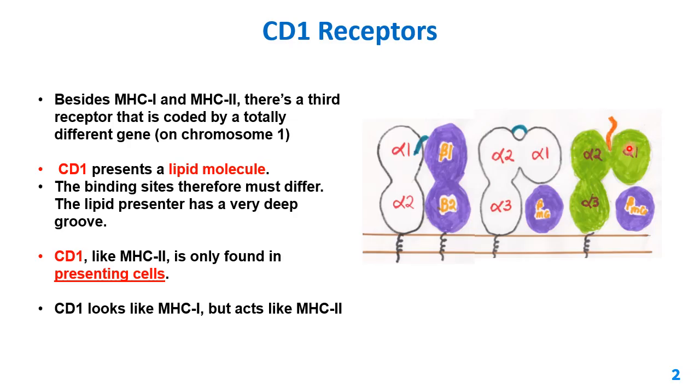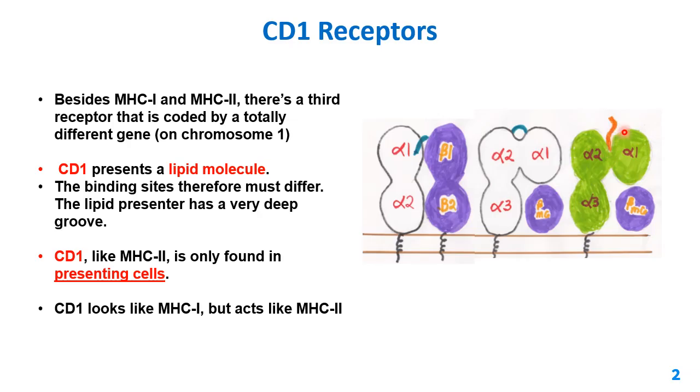Okay, between alpha 1 and alpha 2, okay? But you look here at this groove of antigen binding site. It looks different than the groove that you have seen on MHC1. So this groove here looks more like the groove that you see on this MHC class 2 molecule. It's a deeper groove, okay? So you can put